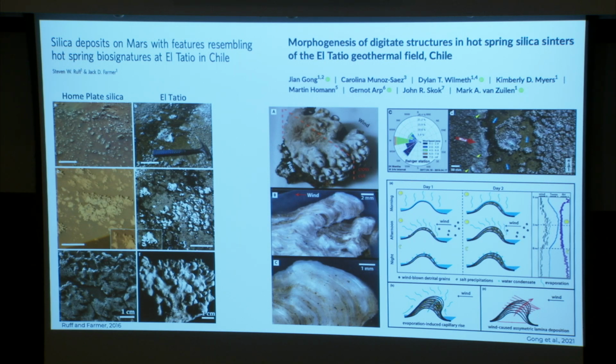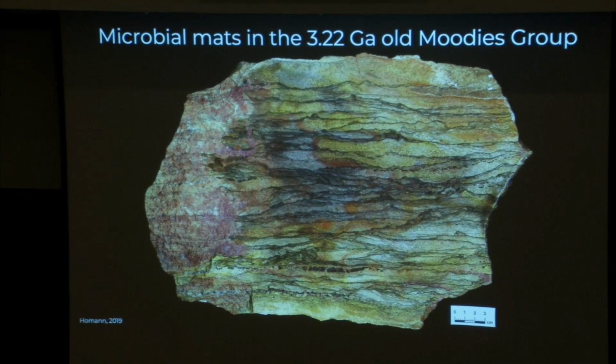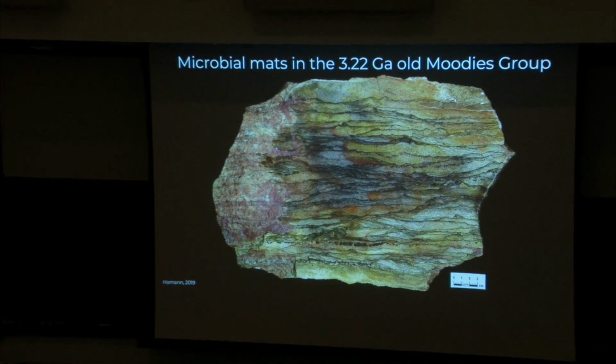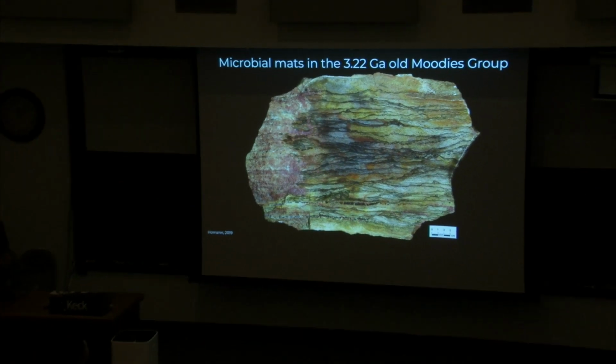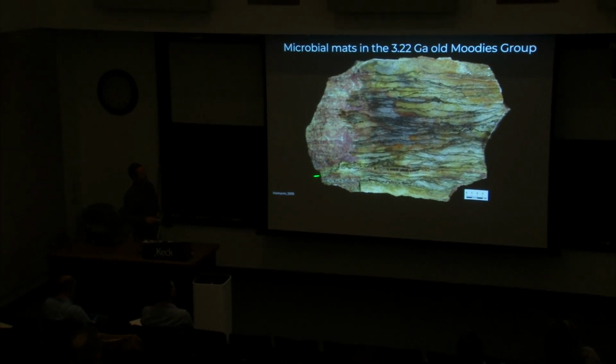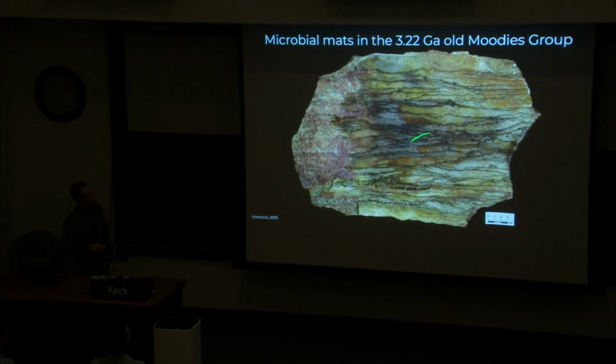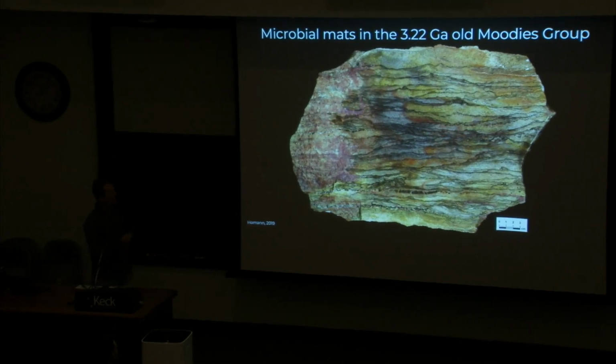comment earlier. So in the remaining time of my talk, I would like to talk about the more microbial mats. I really love them. So these are microbial mats from the Moodies Group. That is the uppermost unit of the Barberton Greenstone Belt. So these rocks are 3.22 billion years in age, and that's a nice big polished slab. So it's a coarse-grained sandstone, and all these dark, wrinkly laminations we interpret as fossilized remnants of microbial